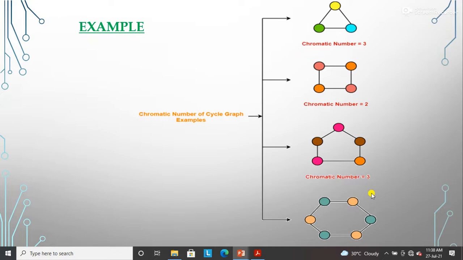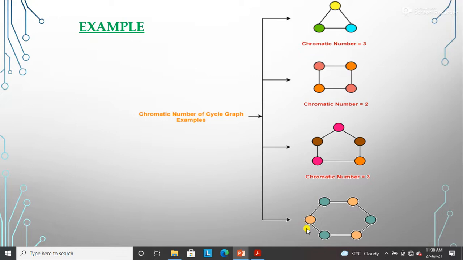So we use 3 colors to color all the vertices of this cycle graph, so the chromatic number is 3. Now if we have 6 vertices, and this is a cycle graph, you start from here and give the same color to this and this because these are not adjacent vertices. Then come to this vertex, and this is not adjacent, so you can give this color.